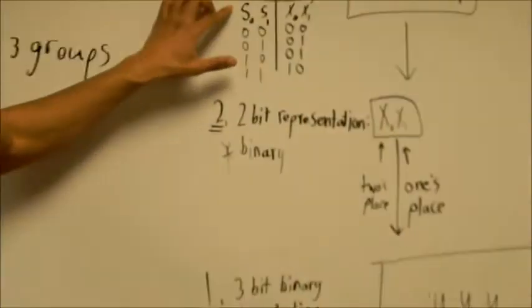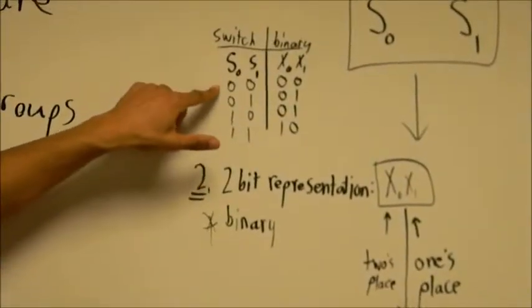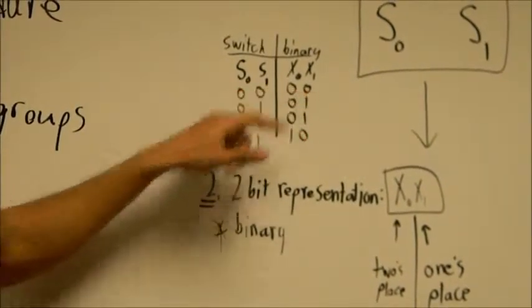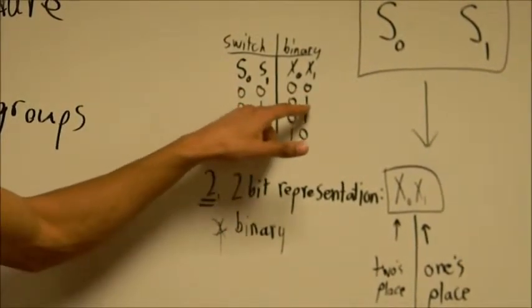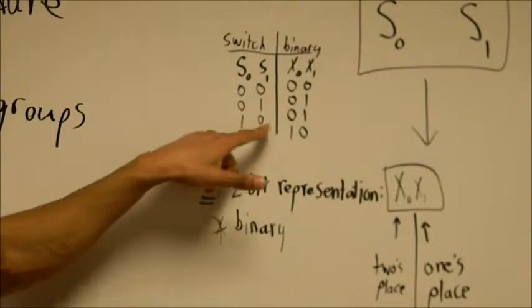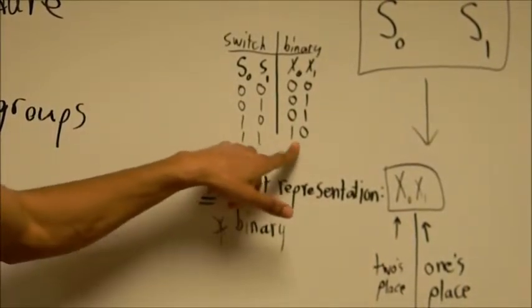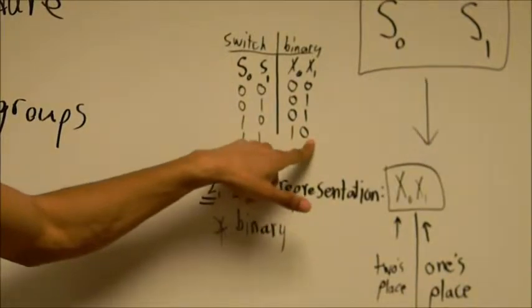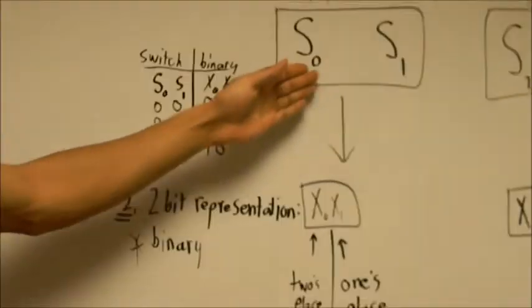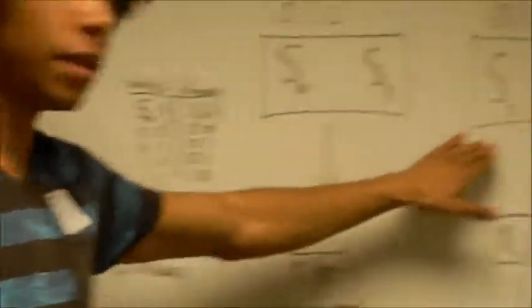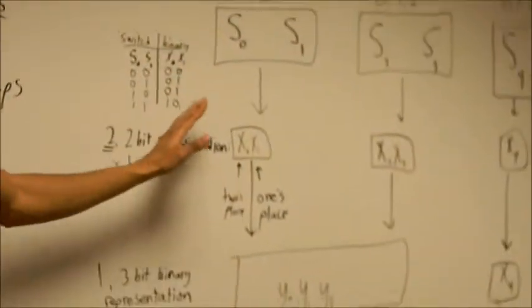This is what an example truth table would look like. So here 0 switches are on, so we have a 0 in binary. Here 1 switch is on, so we have a 1 in binary. Here 1 switch is on, so we have a 1 in binary again. And then 2 switches are on, we just have a 1 here. We don't want to put a 1 here because that would mean 3 switches are on, which is not possible here. So we're going to do that for both of these, and then we make Karnaugh maps for each one